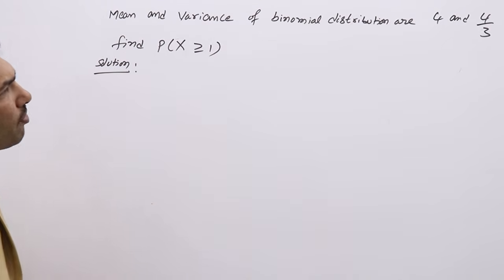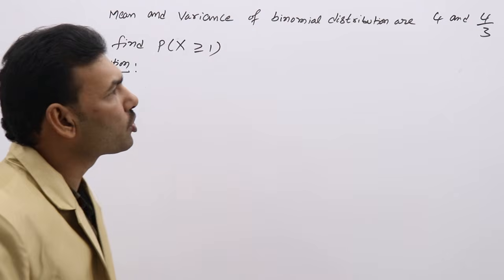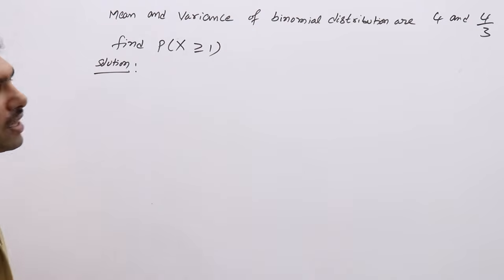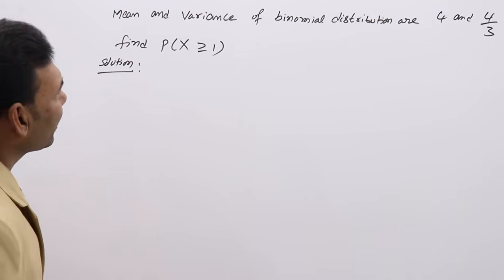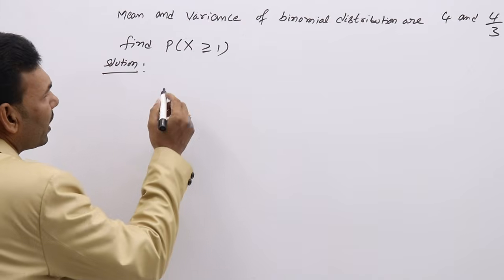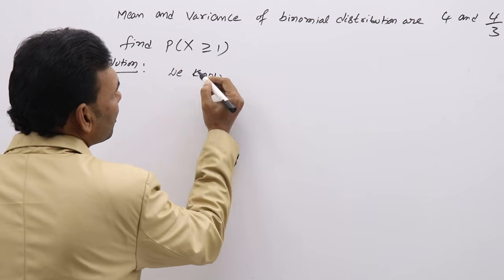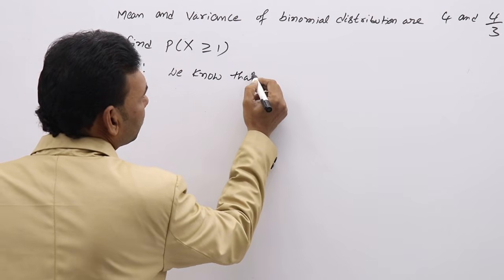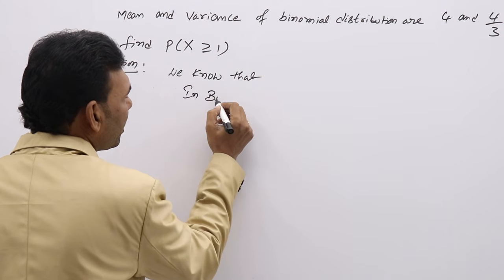Mean and variance of binomial distribution are 4 and 4 by 3. Then find P of X greater than or equal to 1. So we know that in binomial distribution,